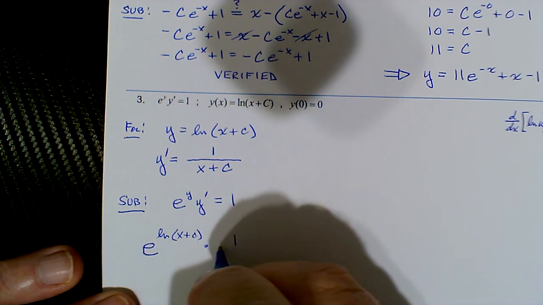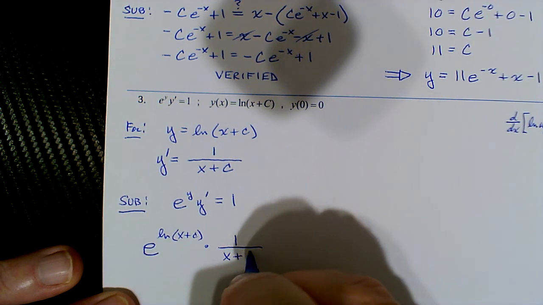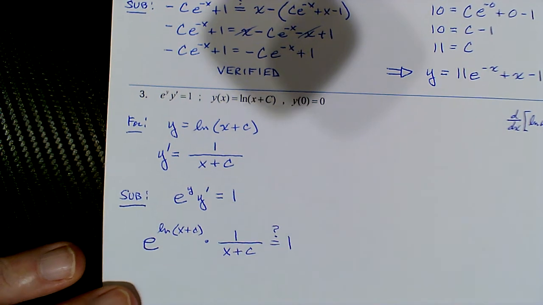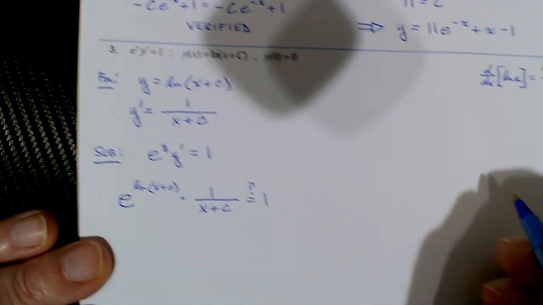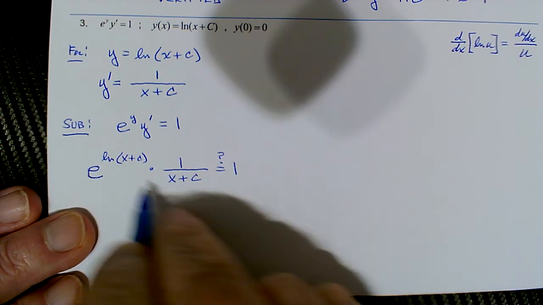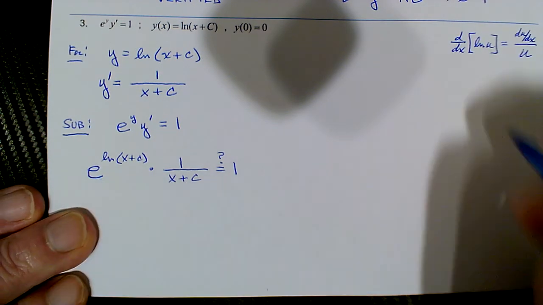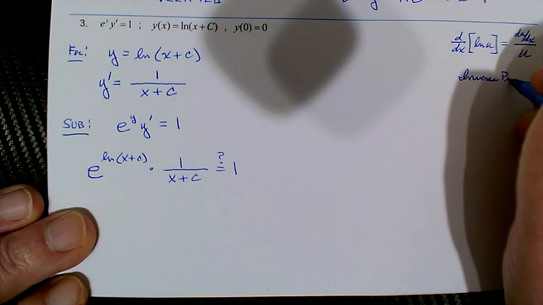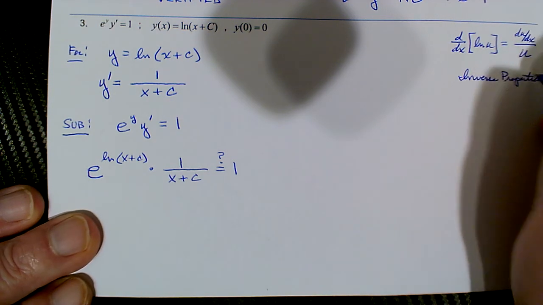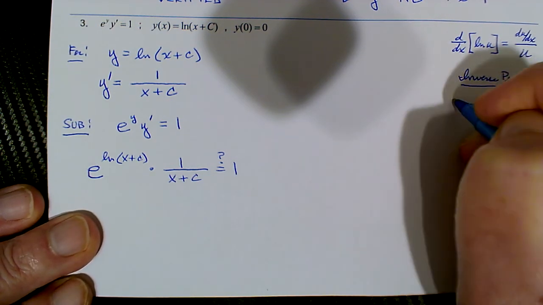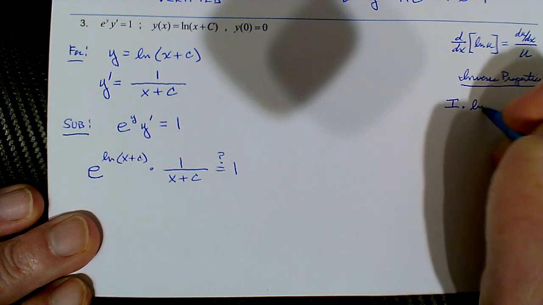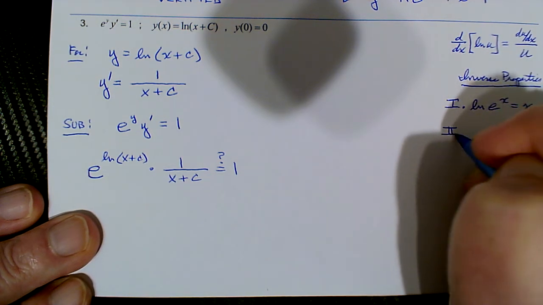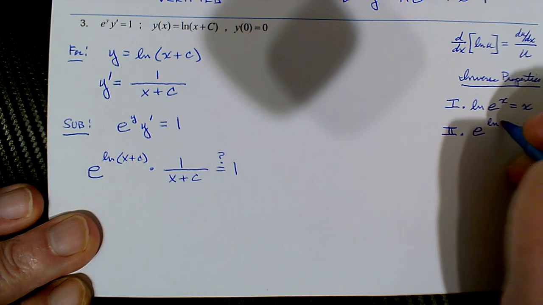Certainly that's not self-evident, but we should recall that whenever we see e and ln hanging around together, there's our inverse properties. Recall that there's two of them. Natural log of e to the x is x, and the second one, e to the natural log of x is x. And so therefore, e to the natural log of x plus c